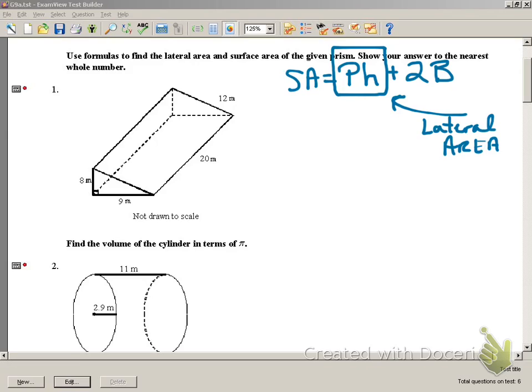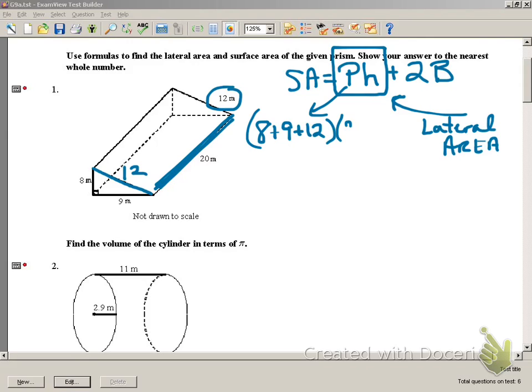Plug in what we know. First of all, we need to know what the length of this side of the triangle is. Well, notice that here is 12, so we can transpose that here. So the perimeter for the base will be 8 plus 9 plus 12. That's P. The height, or the distance between the 2 bases, is 20. And then we will finish this